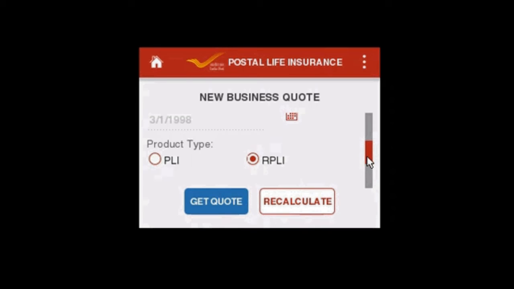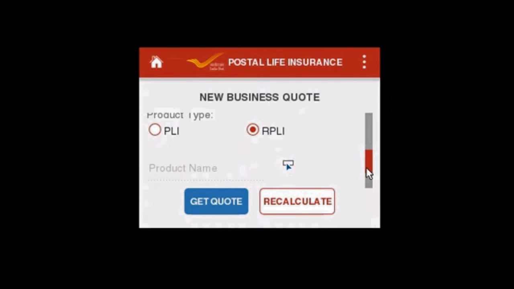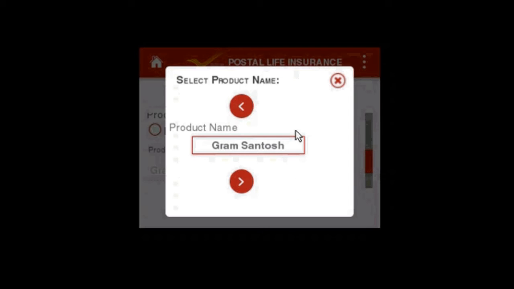Now scroll down. Go to product name. We have selected the type. Now the product name. We have to select this box. After clicking this box, this product name will appear. Now the first is Gram Santosh, that is endowment assurance.